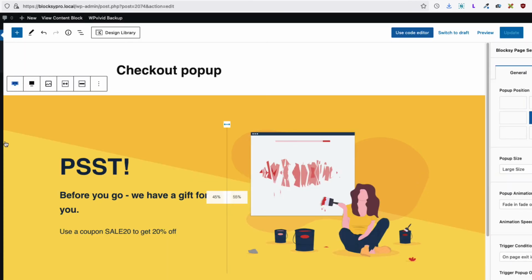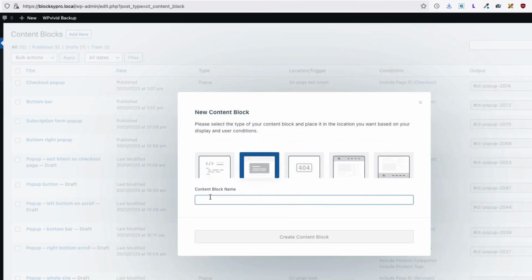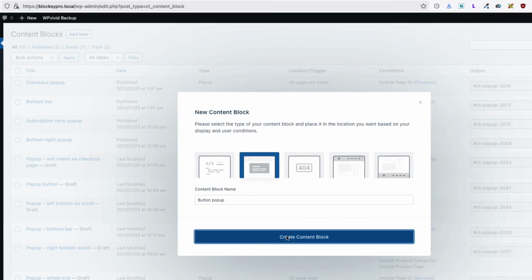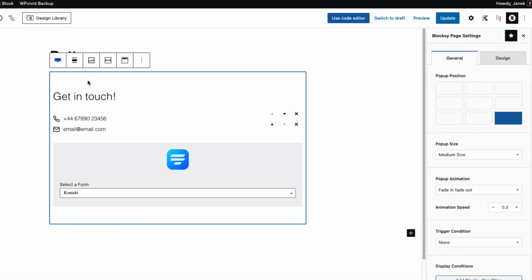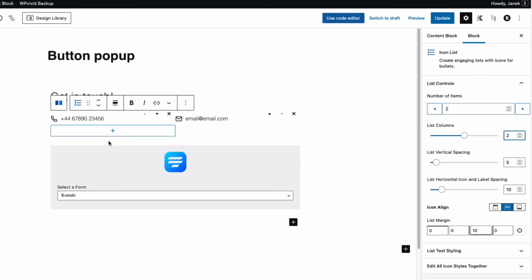Works like a charm. Now let's create another pop-up, and this time it's a pop-up button, and it contains our contact information and the contact form. You can design it as you like. At the moment I added a Cadence blocks row, icon list with 2 columns, Fluent Forms,